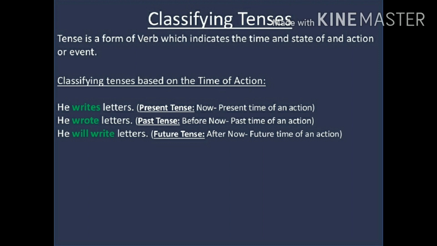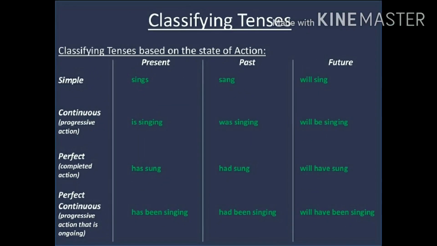So, with the help of tenses, we are able to indicate the time of action, that means what time the action is happening, and also the state of an action or event. Now, what does state mean? State means what is the current situation or the current level or the current progress of an action or event. Whether the action is to start, whether it has already started and is continuing, or whether it has been completed. Different states of action. We will get into details as we move forward in today's session.